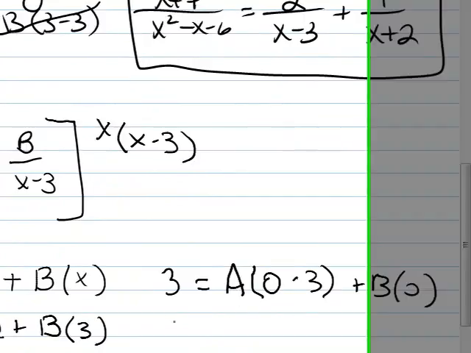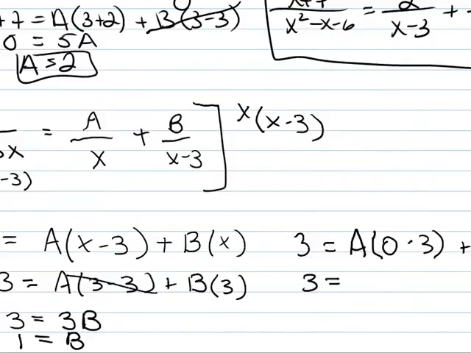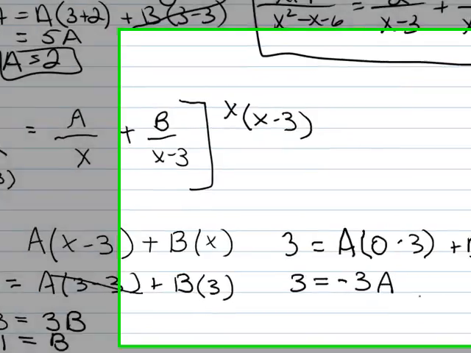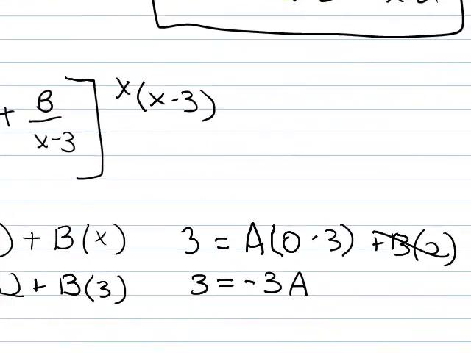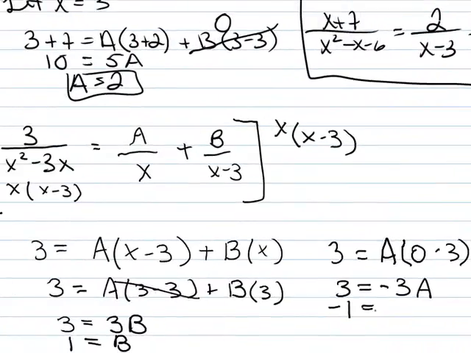Then you'd have 3 equals negative 3a, and that cancels out. Divide by negative 3, you get negative 1 equals a, and so your final would be 3